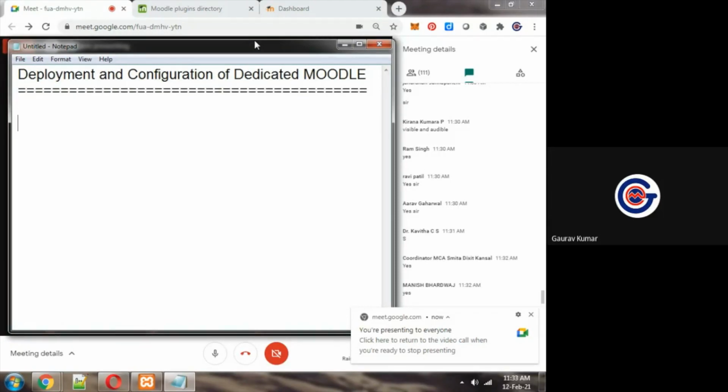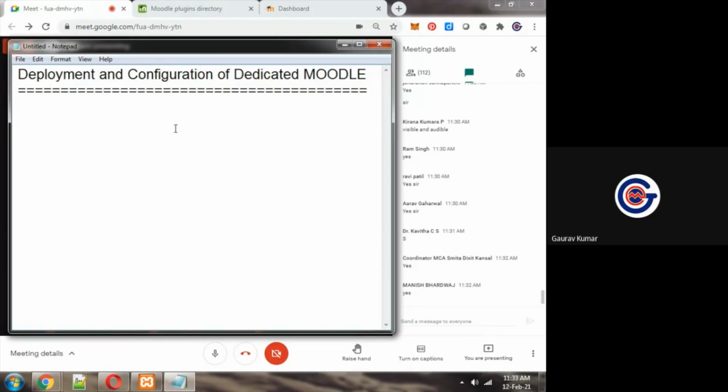Suppose in your institute, in your organization, you want to host Moodle LMS on intranet rather than internet. For some applications we need internet-based, cloud-based deployment, which can be accessed from anywhere in this world. Sometimes we need intranet-based deployment.